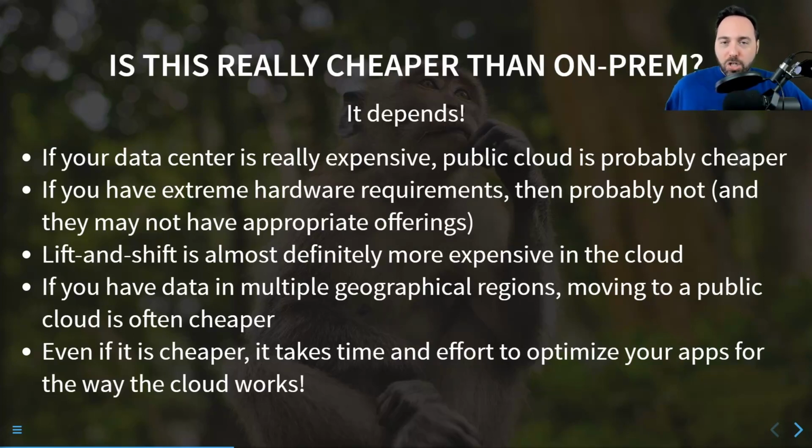If you're just doing a lift and shift, if you're taking VMs that are on premises and moving them into AWS or into Azure, it is definitely more expensive. There are benefits that you're getting by moving to Azure. I have the ability to fail over very easily. I can have availability zones where if one data center fails, the next data center just picks up the load. I have the ability to power off and power on these machines and save money if I'm not running them.